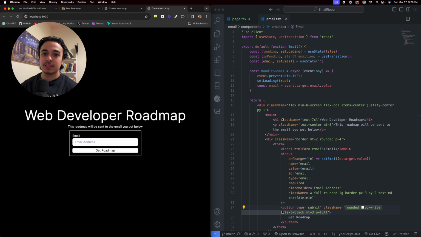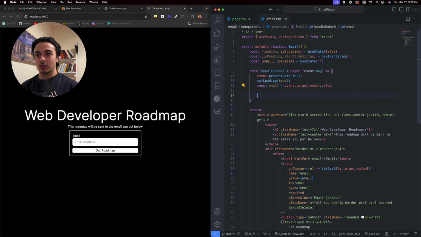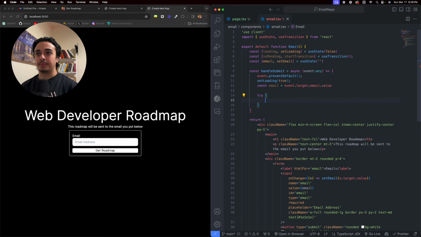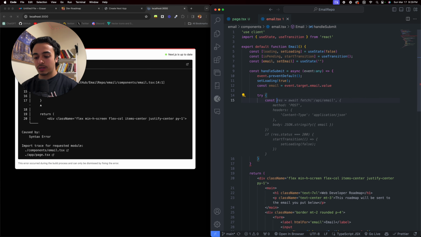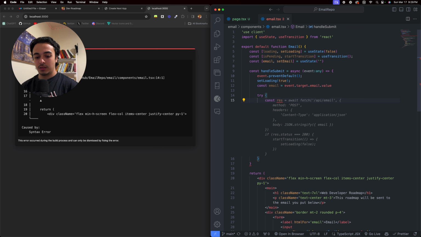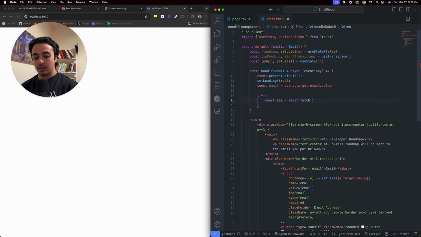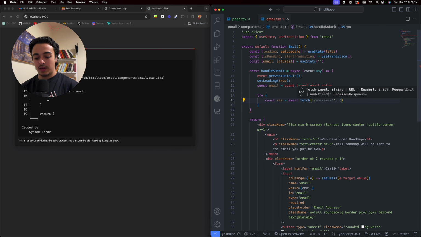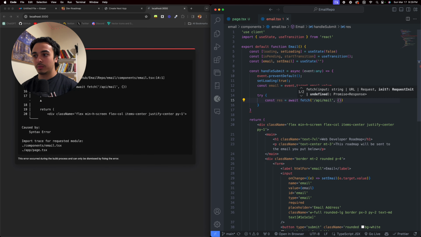What we need to do next is run a try catch block in our handle submit so that we can send that user's email to the resend API. And so to do that, let's just write try. And within here, we're gonna get the response equals to await fetch /api/mail, comma, curly braces,